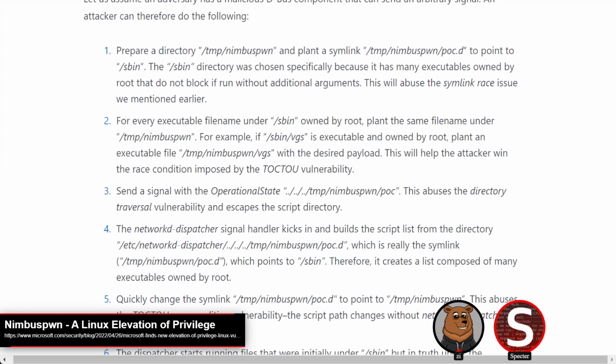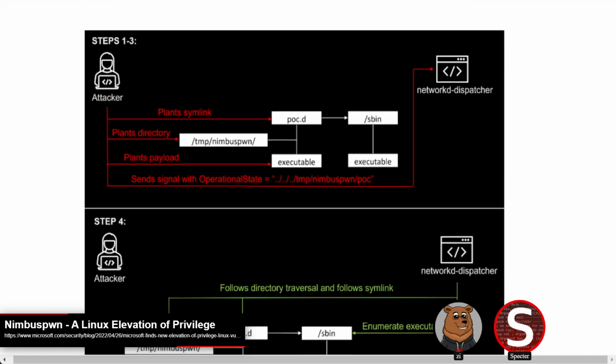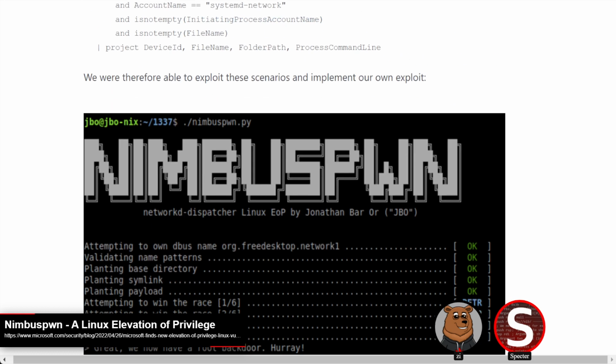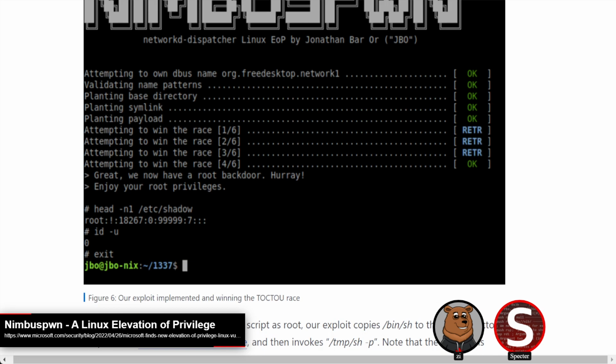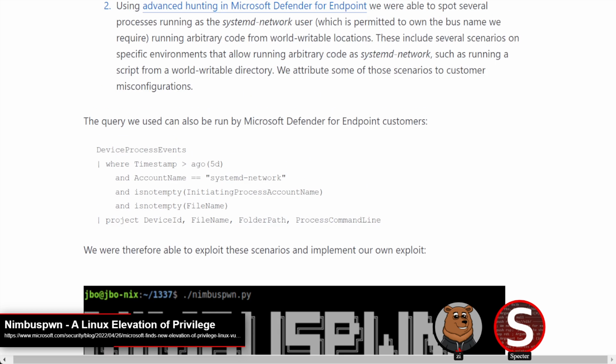They go into a little bit of detail here on how they POC this and increase their chance of success with hitting the race. For that, I think they just basically used a lot of files to give them more chances of it being successful. And then after they managed to privesc, they plant a root backdoor, a setuid binary in the temp directory for persistence. But the main thing is just that directory traversal and the fact that links get followed. And they're evaluating